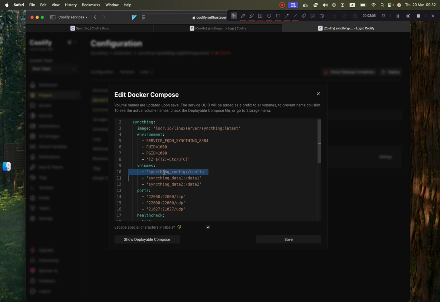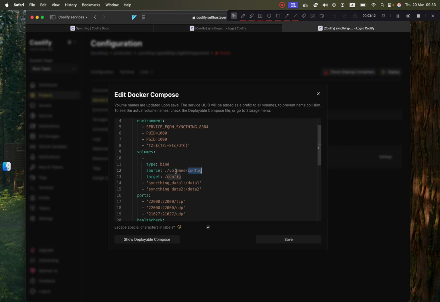Well, it's going to be managed by Docker. In my case, I prefer to be able to add those files directly in the host computer. So I don't want it to be managed by Docker. So we're going to replace this one and we're going to do something like this. Type bind, and we're going to need a source and a target. The source is going to be volumes config, and the target is going to be just /config, as you can see here. And the source is not going to be a Docker volume, so it's not going to be this. So let's remove that. It's going to be an actual path on our host. And I'll show you where that path is. So let's hit save,